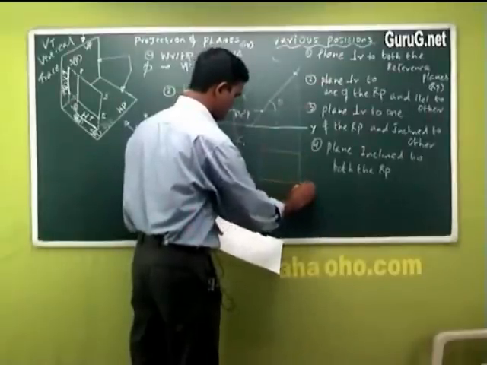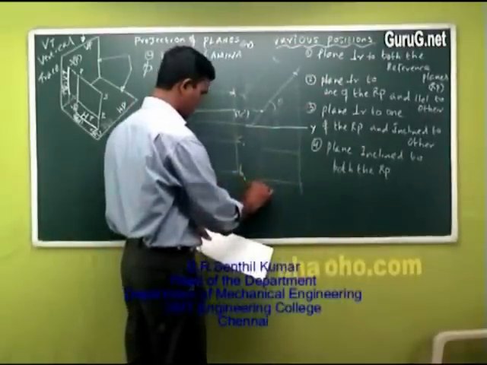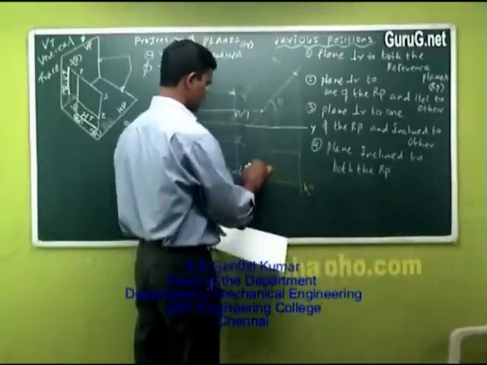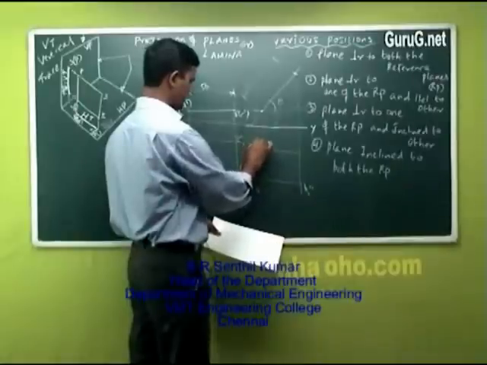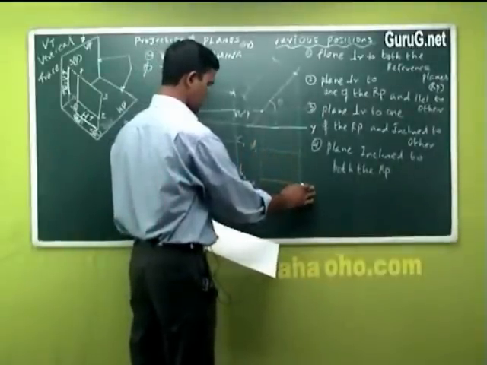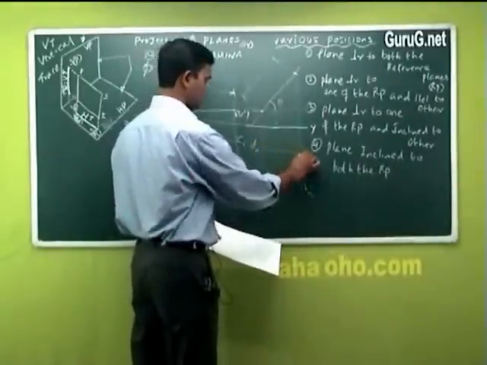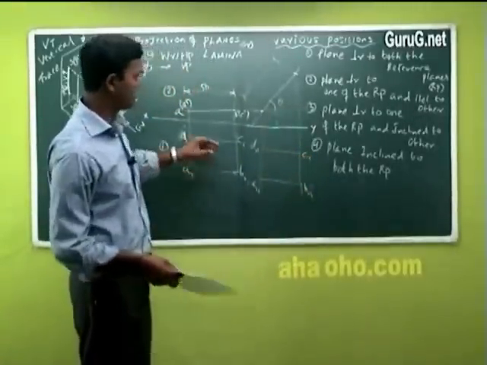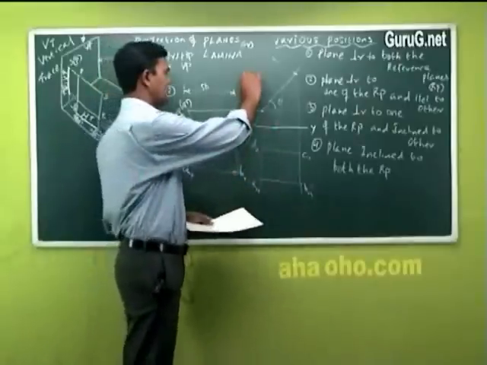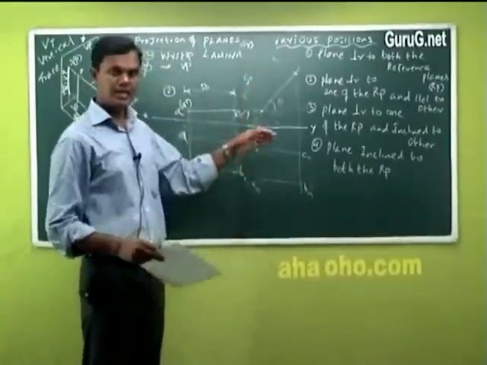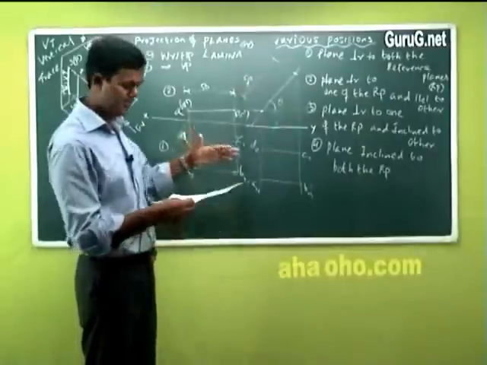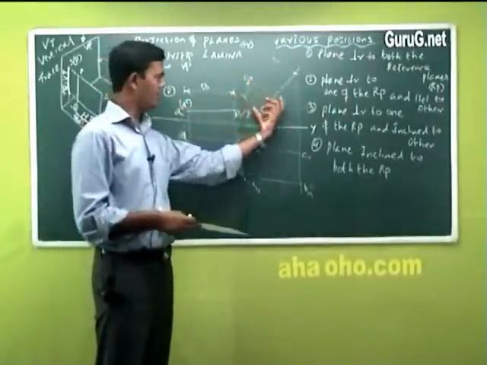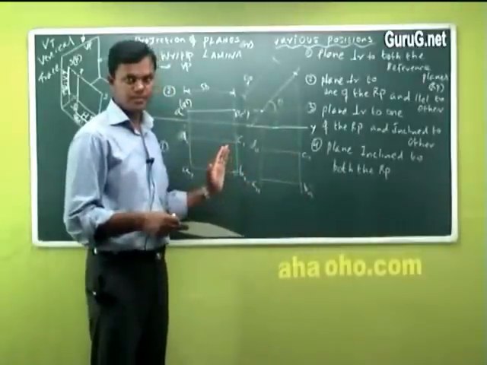Can you see the difference? I'll write this is A1 double dash, B1 double dash. This is D1. I'm sorry. B double dash, D double dash, C double one, C11 and C12 like this. Okay. So what is this difference? Kindly please understand. If the inclination is not there, the true length, the size of the object, is as it is. This is full size. When it is inclined, it will be a foreshortened length. That's it. Is it clear?